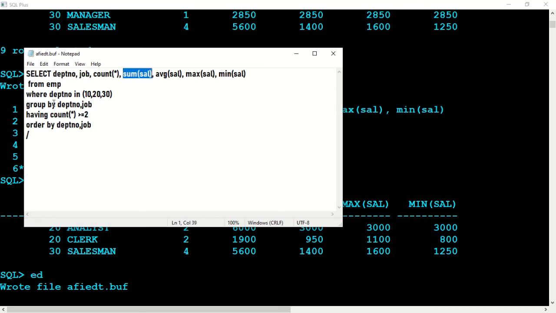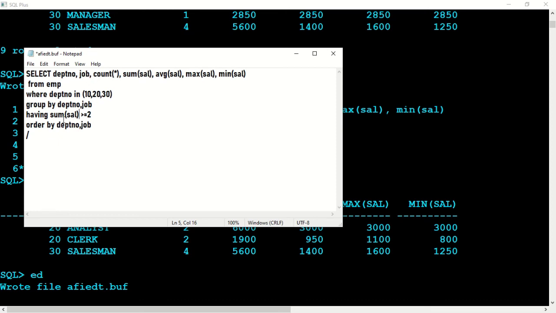So you control C. So here the having clause uses the aggregate functions, whereas we cannot use aggregate functions in the where clause, because these functions work on groups. They are applied after forming the group. Since the where clause is before group, aggregate functions like sum, average, max, minimum do not apply; we cannot use aggregate functions in the where clause.